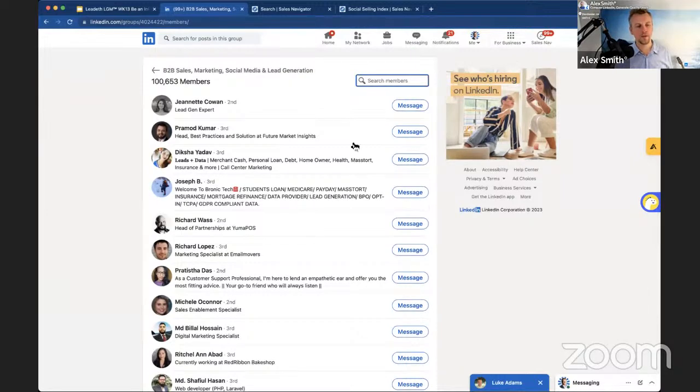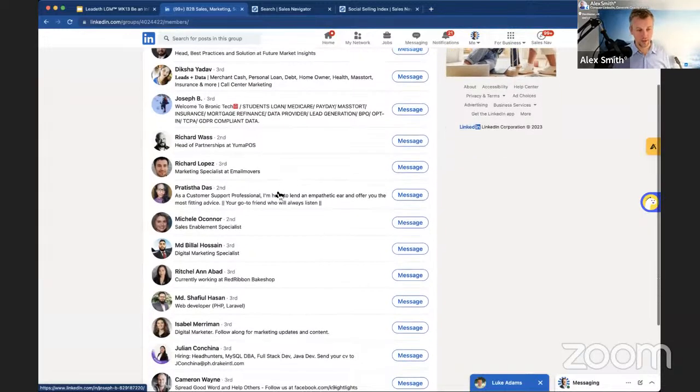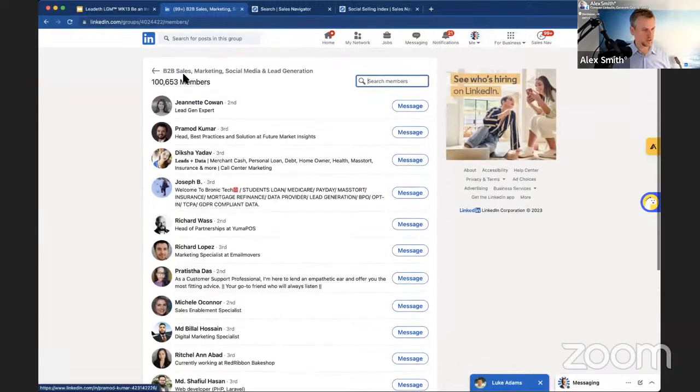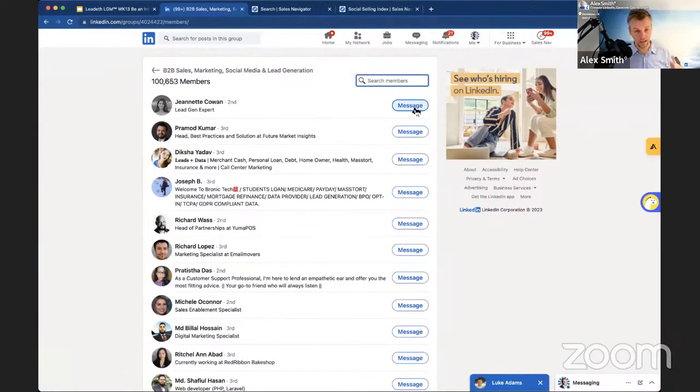Why this is really powerful is because LinkedIn have a limitation of 100 connection requests per week. But if you go via groups with a message, because you're both in the same group, that goes past the LinkedIn 100 a week limitation. So you could send 100 messages a day if you wanted to. Group campaigns is where we target people via LinkedIn groups. So we're identifying people with the same sort of target market audience theme, and we target them through the group.